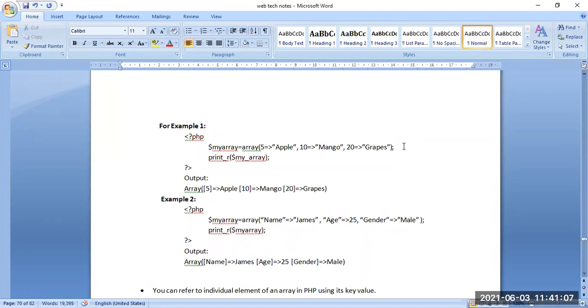So the array will print the values: 5 denotes apple, 10 mango, and 20 grapes. Similarly, in the first example, we have seen that the key used here is numerical. Now, in the second example,